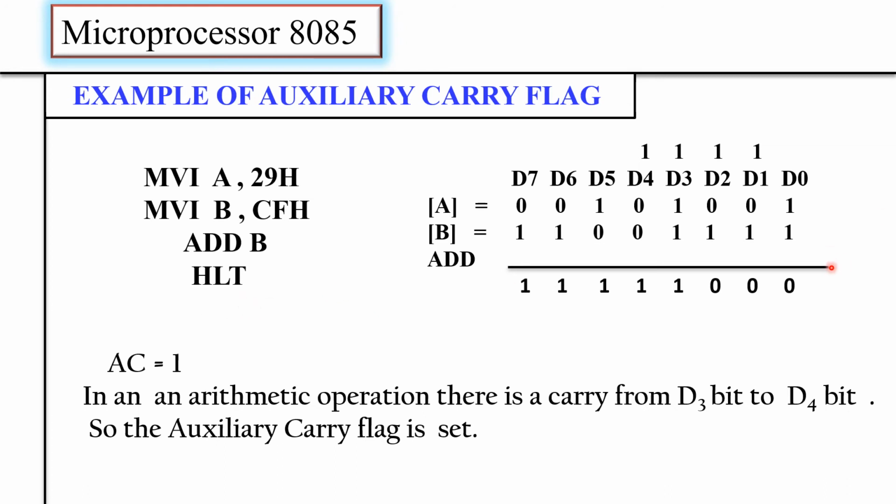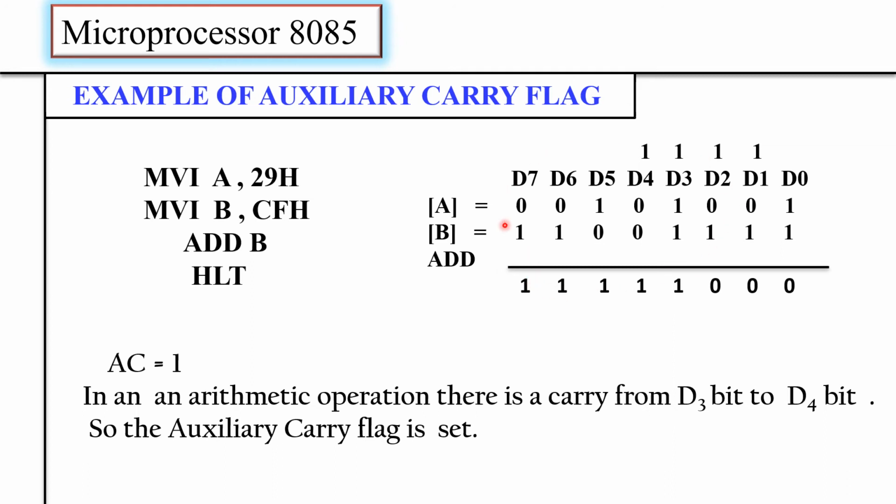So now let us see the addition. 1 plus 1, sum is 0, carry is 1. Then 0 plus 1 plus this 1: 1 plus 1, again the sum is 0, carry is 1. Then 0 plus 1 plus this 1: again the sum is 0 and carry is 1. Then 1 plus 1 plus 1: it is 1 and carry 1. Then 1 plus 0 plus 0, that is 1. Then 1 plus 0 is 1, 0 plus 1 is 1, and 0 plus 1 is 1, right?